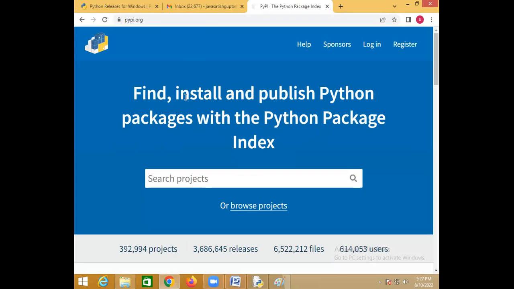You can find, install and publish Python packages. So Python libraries are called packages, like C libraries are called header files. A package is a collection of modules.